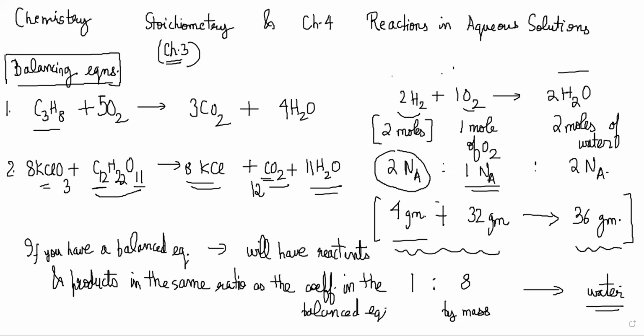So now that we know that in any balanced equation, the things will be in a particular ratio, we can calculate the mass ratios of any reaction. So mass ratios of substances that take part in any reaction, we can easily calculate. So for example, the question is this. Look at problem 3.6 in the book. Try to solve it. Problem 3.6. I will write it here.